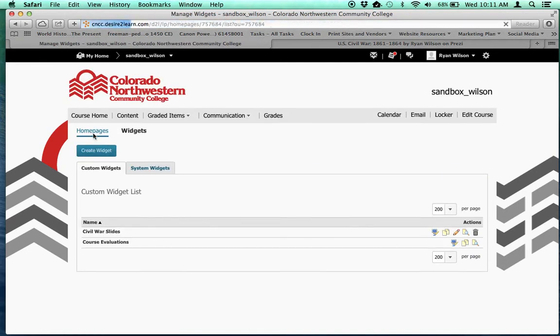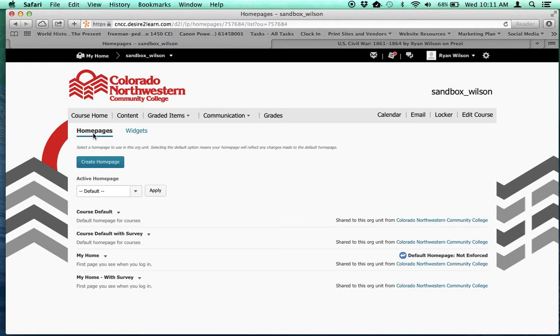Now we have to create a custom home page so that widget will appear. Notice right now that my active home page is default, and the default home page is my home or course default. In this case, because we're in an actual course, it is course default. If I click on this, you can see that here are all of the different home pages. So what we want to do is make a copy of this course default. So I'll say copy,